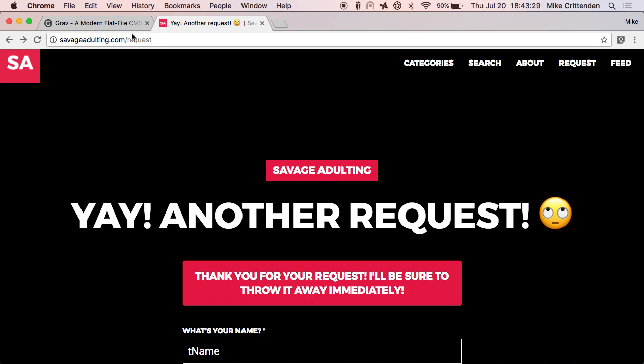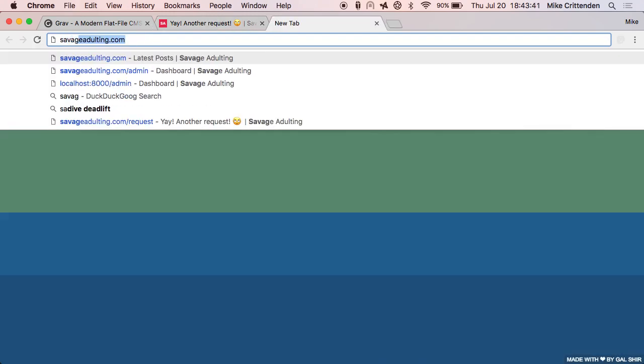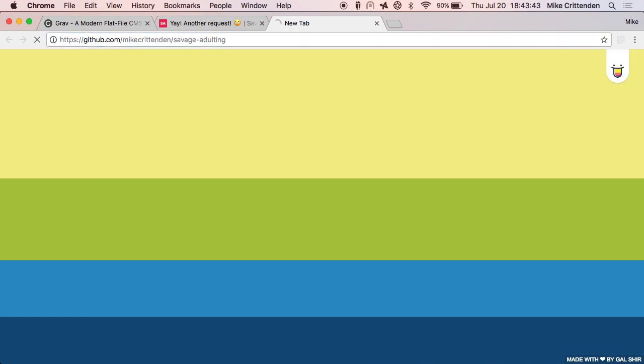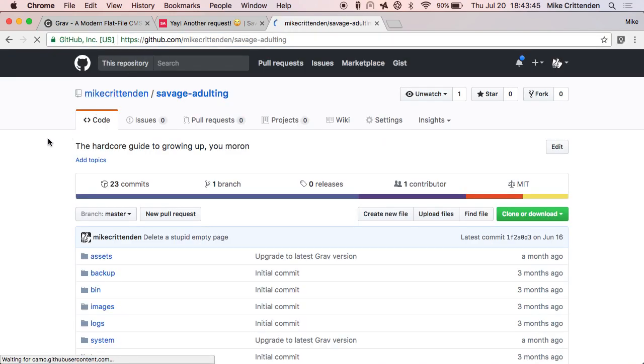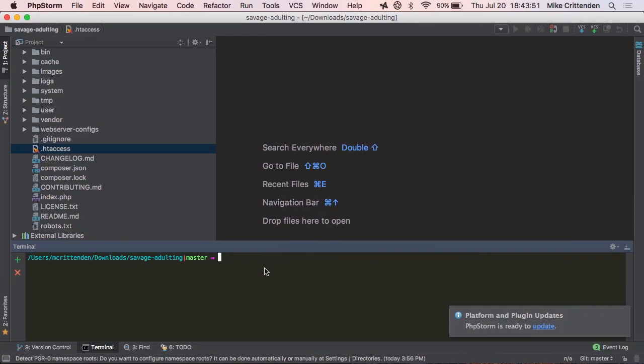So what I'm going to do now is show off the admin a little bit. And the way that I'm going to do that is not by logging in to the live site, but by cloning it locally, just to show you guys how easy it is because it doesn't have a database to set up locally, and then log in there. So I have this Git repo, which any of you can clone if you are extremely bored. And I've actually already done this over here. So I'm inside the cloned version of the repo.